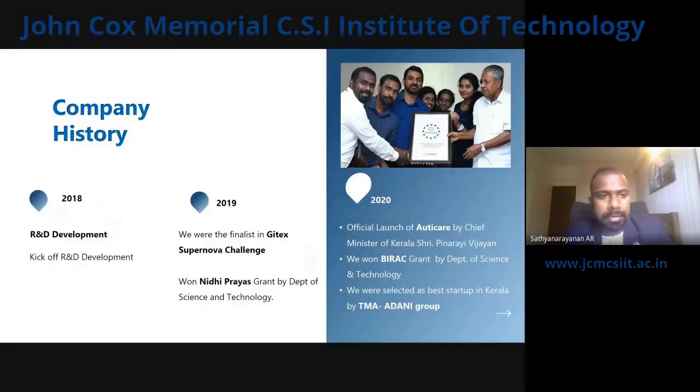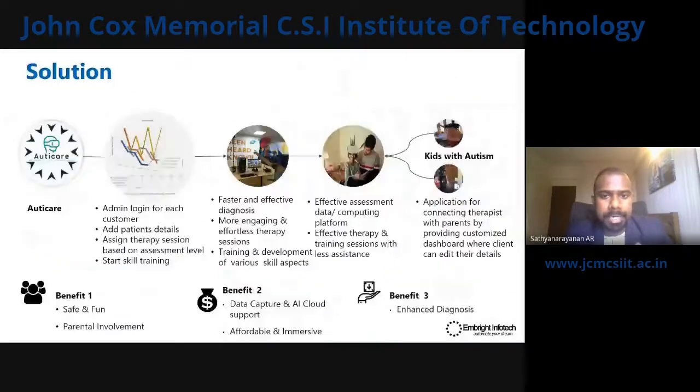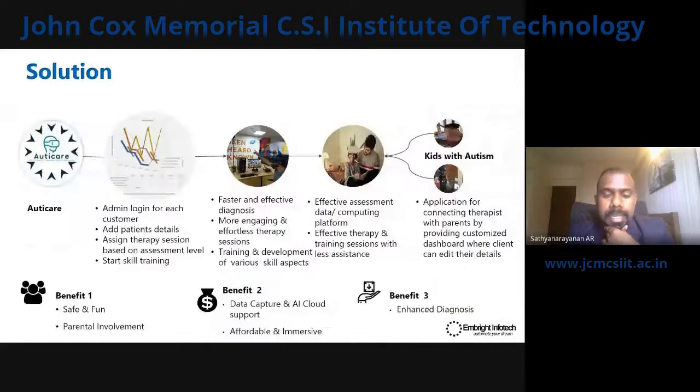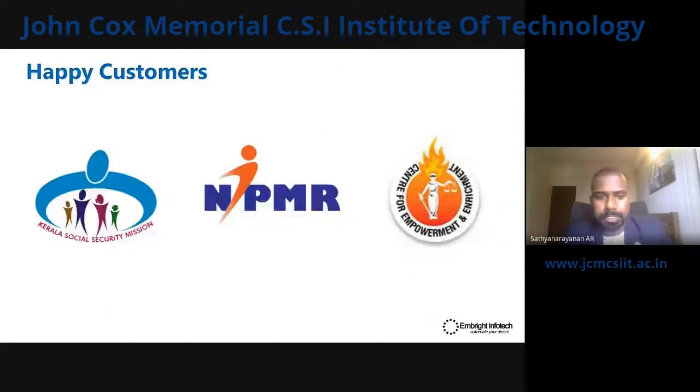So this is about our company, and we understand how it can be effectively used in various areas. It can be used in schools, government organizations, health departments, CSR organizations. Therapists and doctors can use our platform. We have already implemented it in around 20 different centers across institutions in Kerala, Bangalore, TN, and Goa. These are our customers: Kerala Social Security Mission under the Health Department,